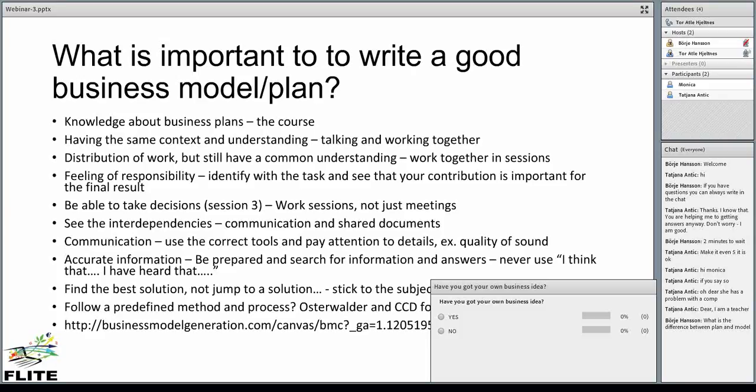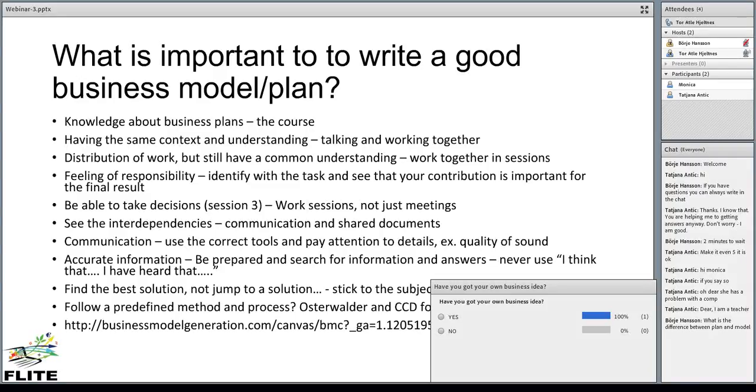And also we have distribution of work. Sometimes people maybe try to sit down by themselves and write a business plan or business model, and this might work. But in this course, it's important, due to the number of hours that are available, and due to the fact that you're going to work together in this course, that you distribute the work among you. But one challenge when you distribute work, and this you can see more about in a scenario in module 3, is that